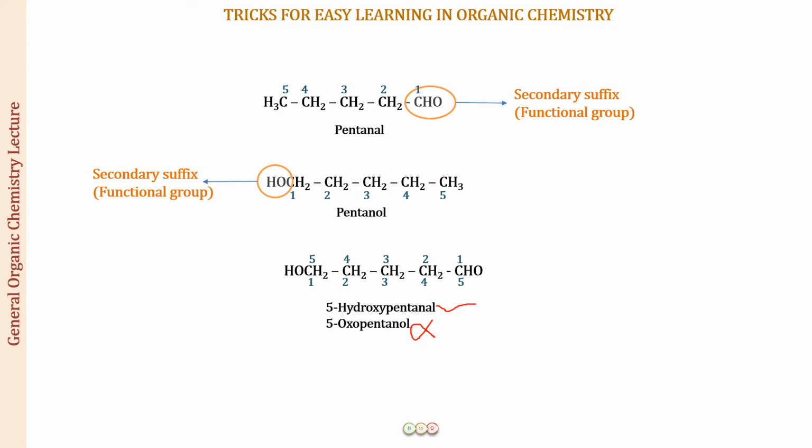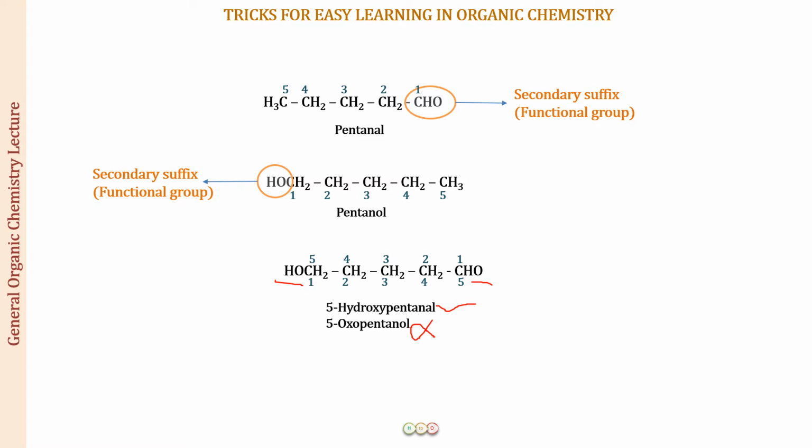So this means that we have chosen the CHO group in priority over the OH group to be treated as the principal functional group. And this is why you need to have a priority order, because there are so many functional groups that are possible to be present in the structure. And when two or more of them are present, you need a priority order for choosing the correct principal functional group.